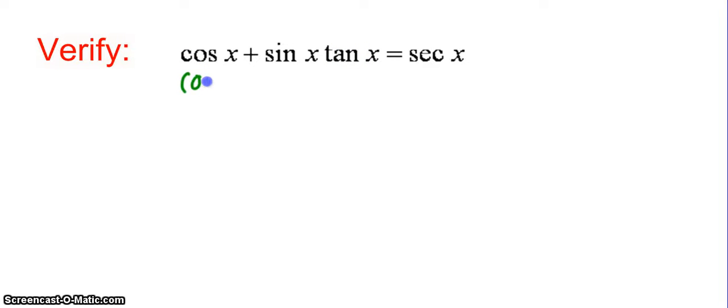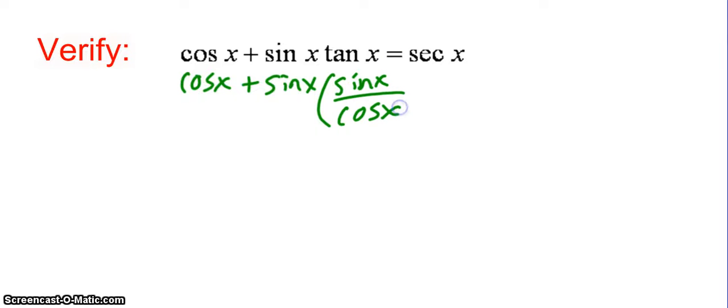So I'm going to change this. So I'm going to leave this as cosine of x plus sine of x. Sorry, computer's being a little glitchy. Times sine of x over cosine of x. Ooh, that's nice. Hold it. I got a cosine in the bottom. That's the same as secant, right? Okay. So let's combine these. So I'm going to do cosine of x plus sine squared of x